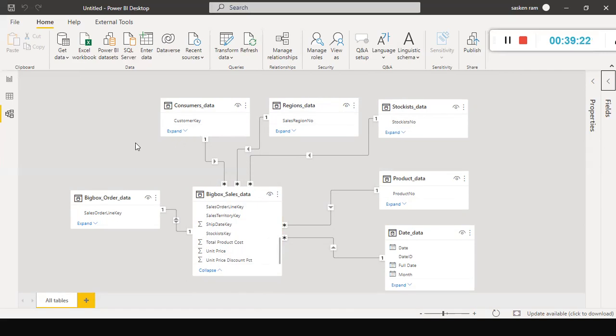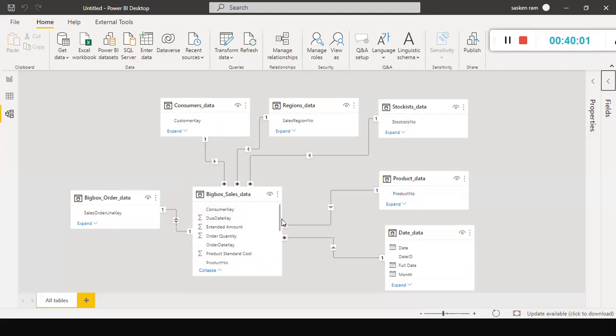Hope you understood. In this case, the fact table carries all the transactions. The dimension tables are also called lookup tables. Why are they called lookup tables? Let's say I want to generate a report to find out customer name wise, product name wise, how much sales we made. In that case, I need to use the customer key because this is the common column between these two tables. I need to do a lookup of this customer key column in this table to get the customer name.